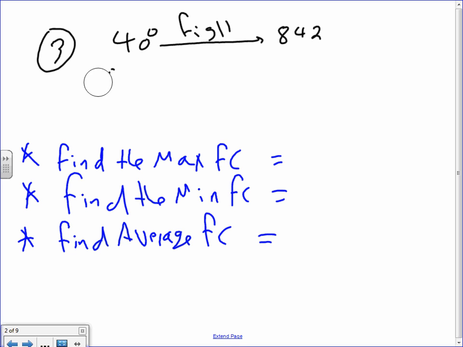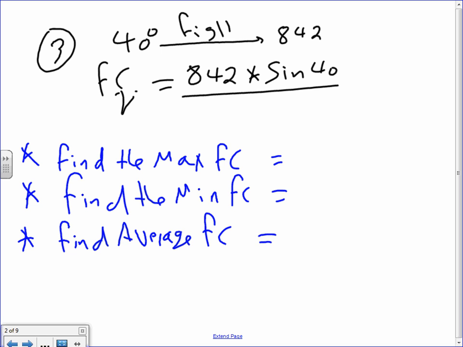Foot candle vertical, foot candle V equal 842 multiplied by sine 40, divide this by the distance. What was the distance? The distance for this one was 6.0. 6.0 to the power 2, and that will give me a healthy 15 foot candle. Okay, now if I ask you to find, these are just 3 points, randomly selected or